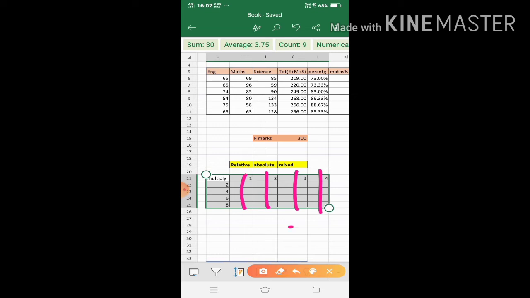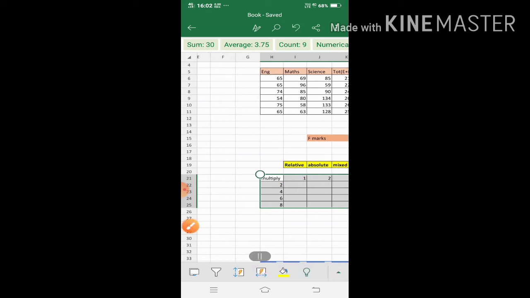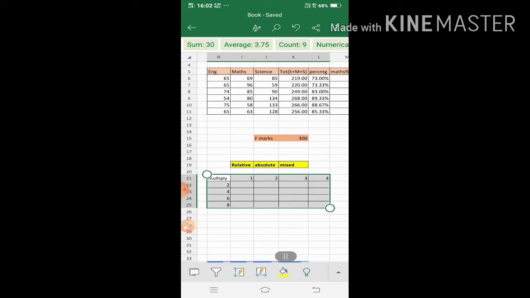The multiplication has been done this way: 2 into 1, then 4 into 1, then 6 into 1, then 8 into 1. Again 2 into 2, then 4 into 2, then 6 into 2, this way.